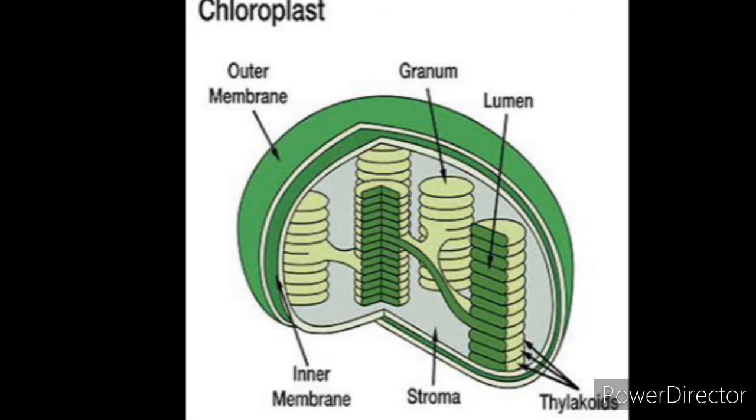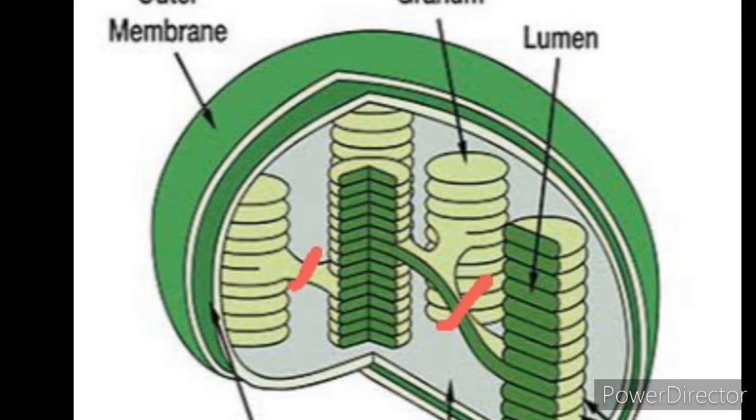These thylakoids consist of disc-like structures which are called grana. Here you can see the singular form written as granum, isn't it? So this one single structure is called a granum, and the disc-like structures together are called the grana. So granum is arranged one above the other, isn't it? So you can see in the picture. Now these grana are interlinked through an interconnecting membrane. Can you see these are interconnected? Now in this structure you can see a tube-like structure that connects each grana, isn't it? So those are called Fret channels.